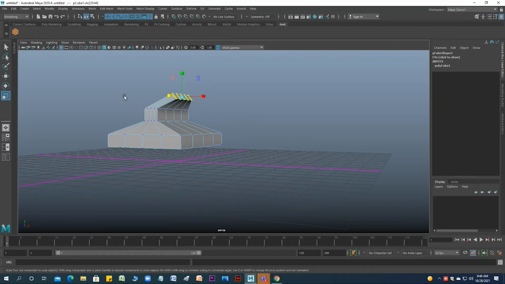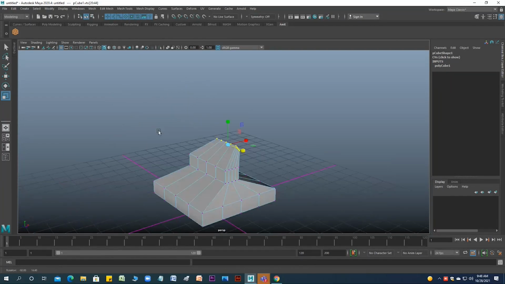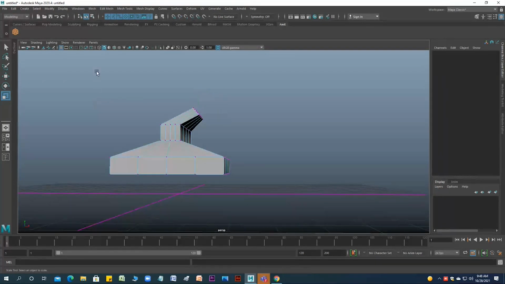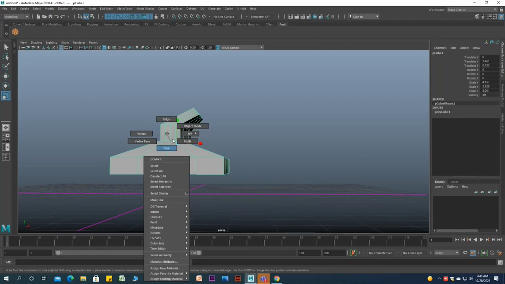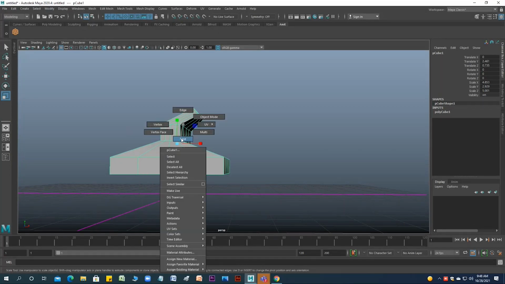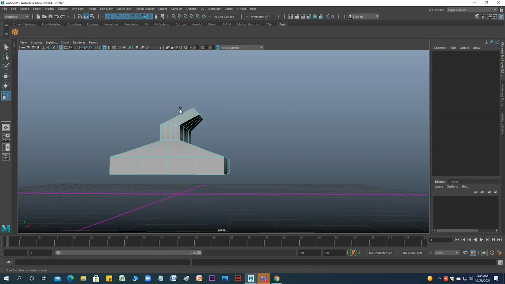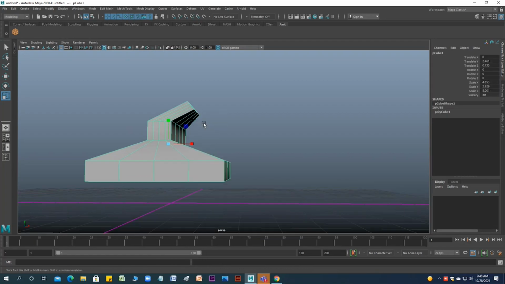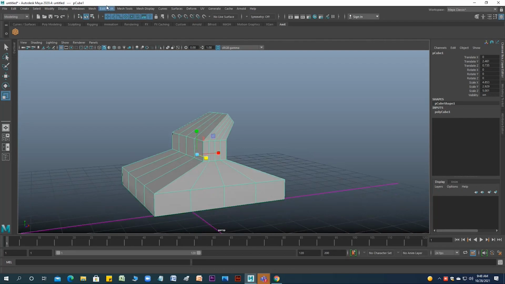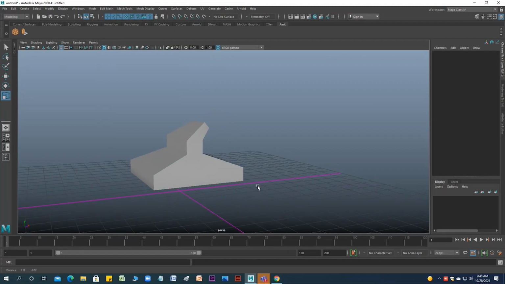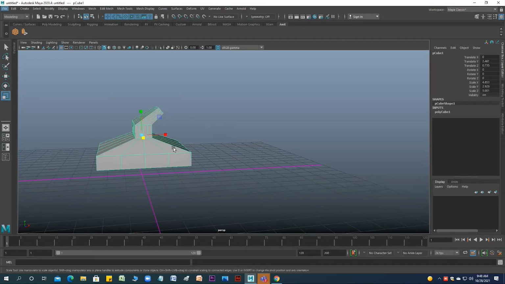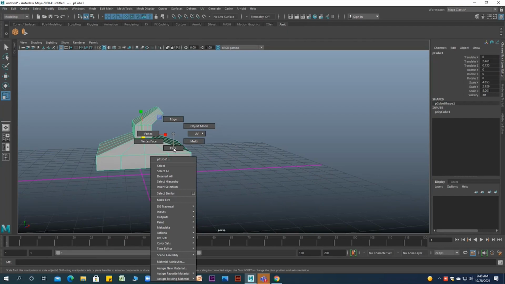Next, there is a very commonly used thing, that is extrude. You come back to object mode, right click on your mouse and then go back to object mode. Whenever you are selecting faces or vertices, you are in the component mode. So from here, I am taking this one, extrude. So how to use extrude? Again, you have to go for component mode.